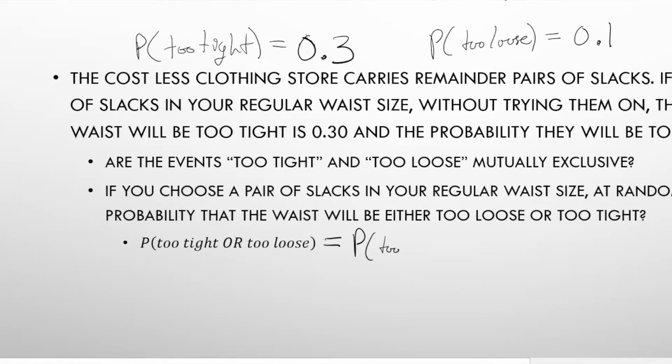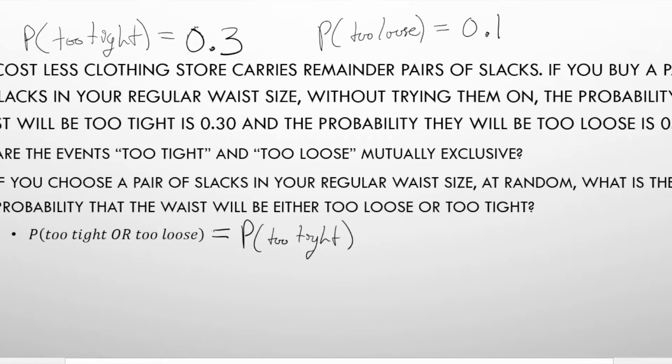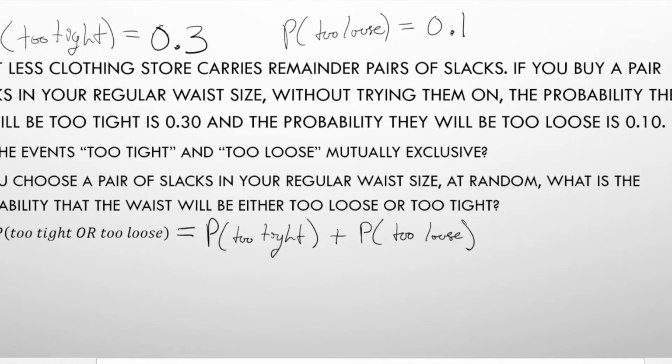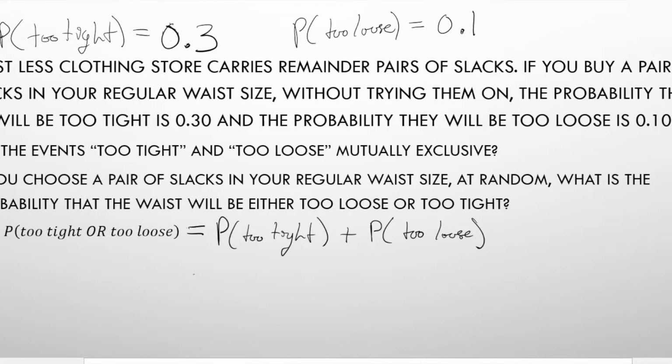probability of too tight, and or means add, so plus the probability that's too loose. Now, we said that the probability of them being both is 0 because they are mutually exclusive, but if you wanted to throw a minus 0 at the end here, that's totally fine. It's not going to hurt you. Otherwise, we can just go ahead and plug in now. We know that too tight is 0.3 and that too loose is 0.1,